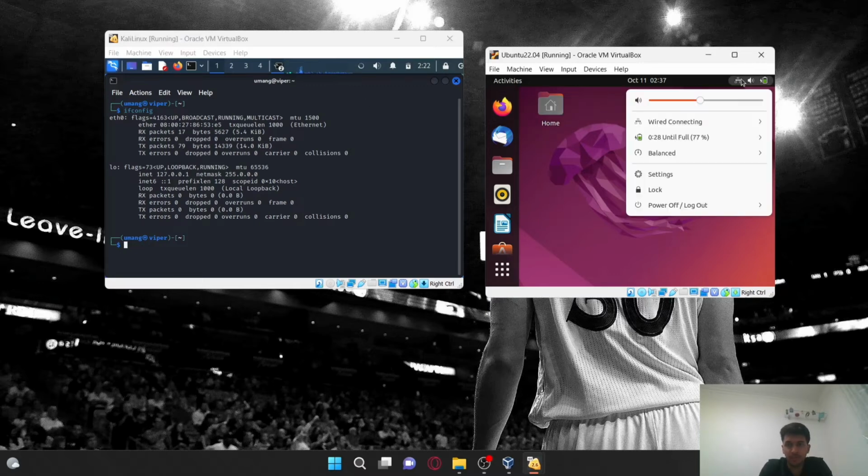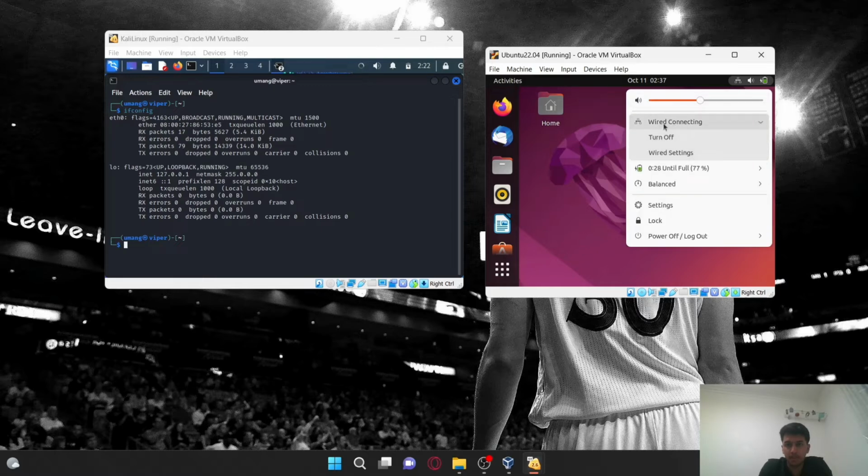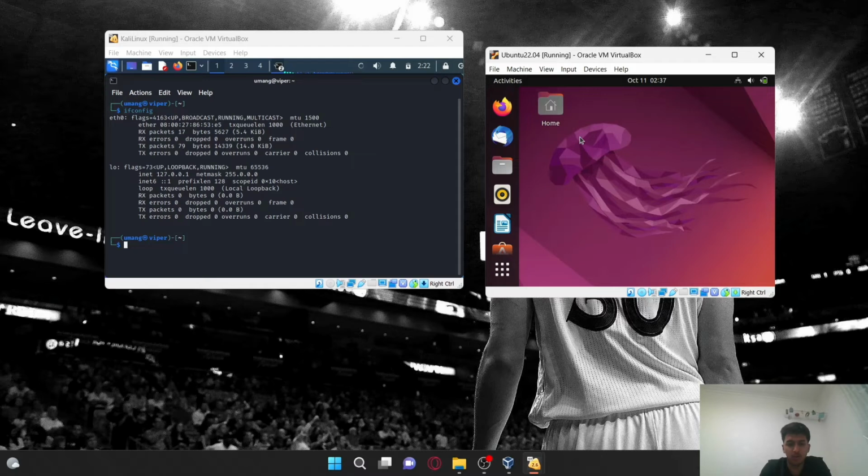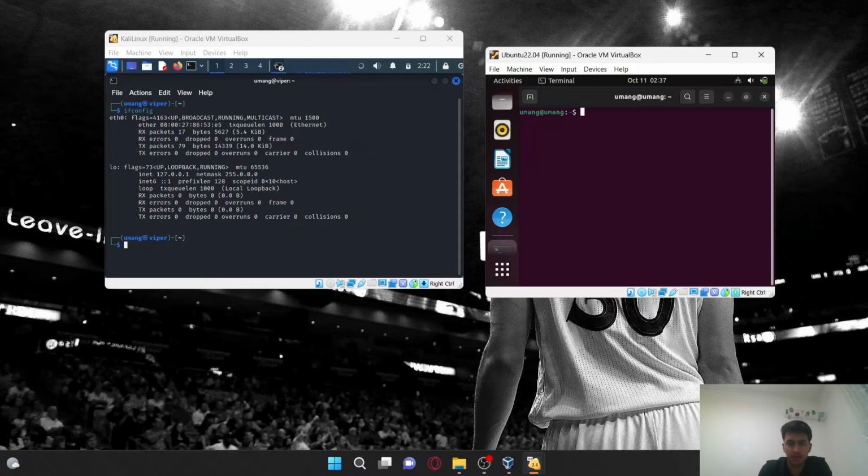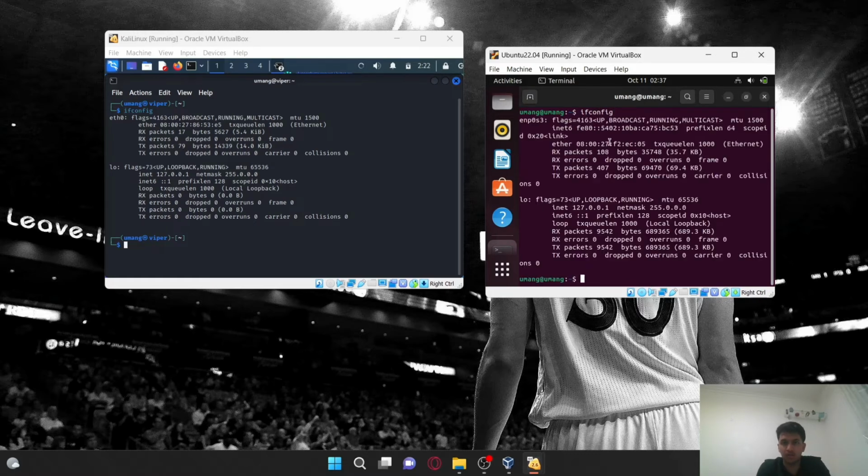Similarly with this Ubuntu as well, it just says wired connecting. So whenever I go to the terminal and type ifconfig, it just shows the same thing and doesn't show an IP address over here.